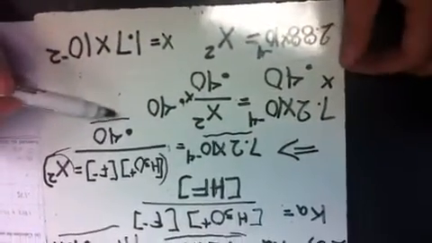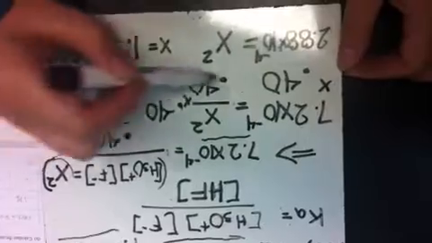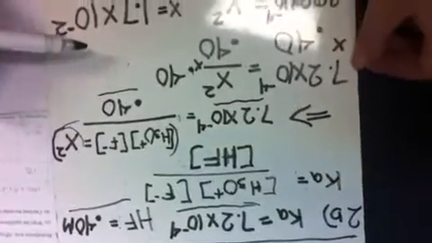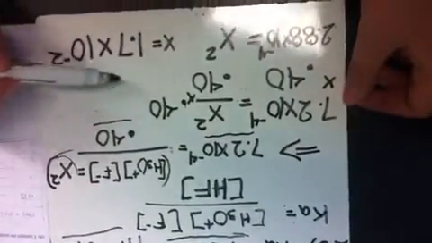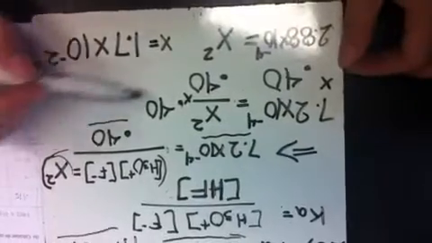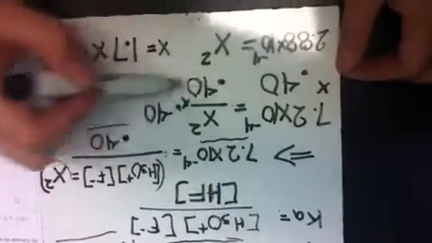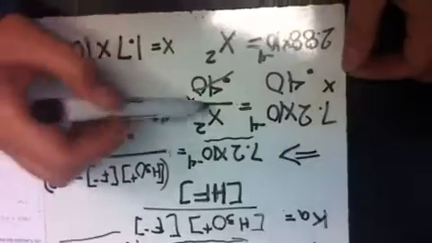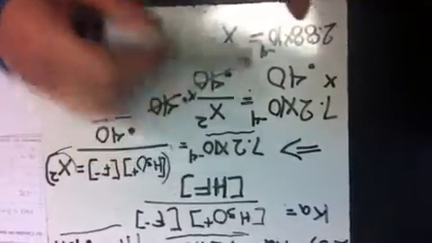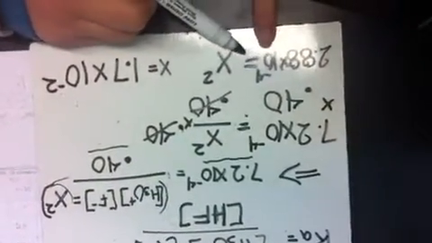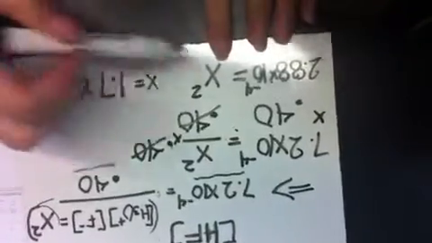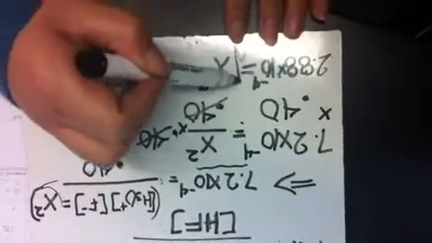Then we multiply by 0.4, and that crosses out. And on the other side was equal to 2.88 times 10 to the negative 4. If we take the square root of that,